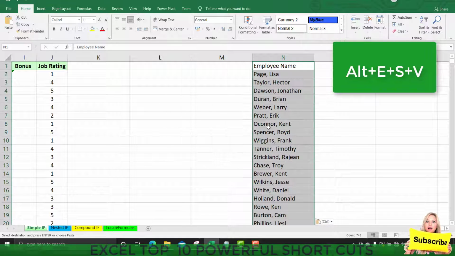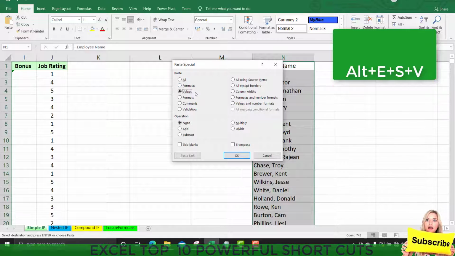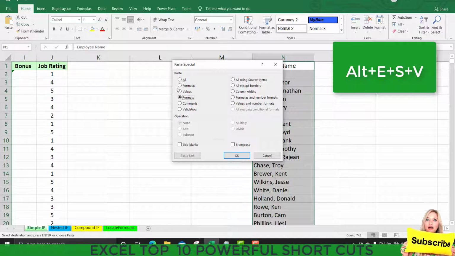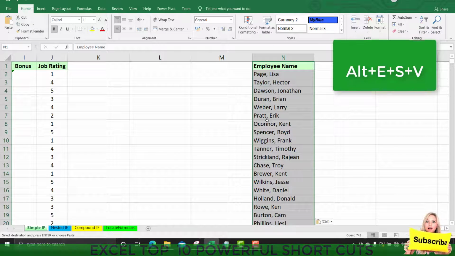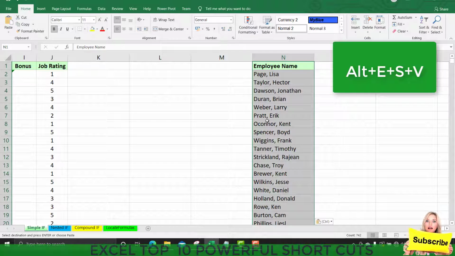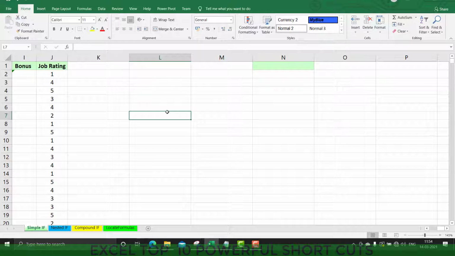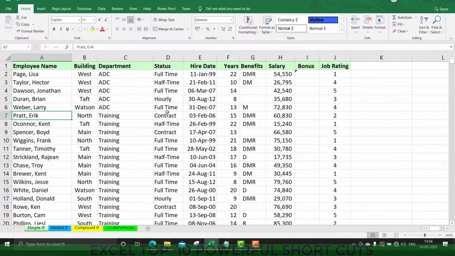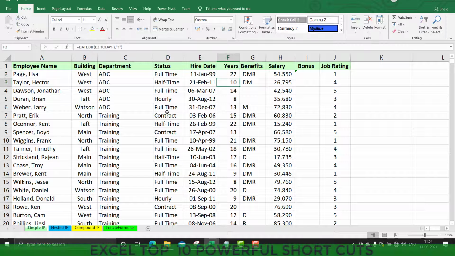So now I have selected values and click OK. If you see here, only the values get pasted. Now I am pasting the format, and if I click OK, and if you observe, the format also gets pasted here. In the same way we can copy and paste the formulas as well. This is one of the best shortcut keys we can say.